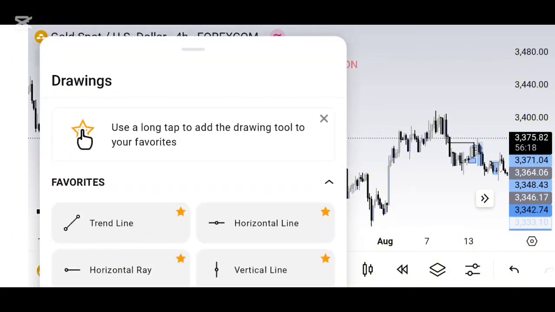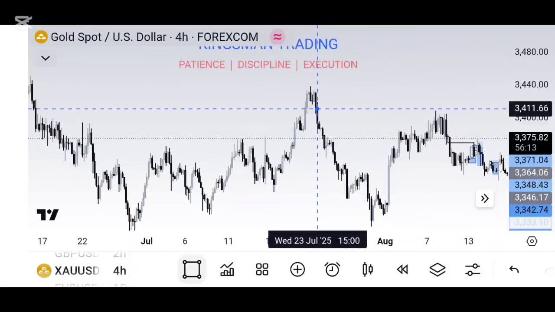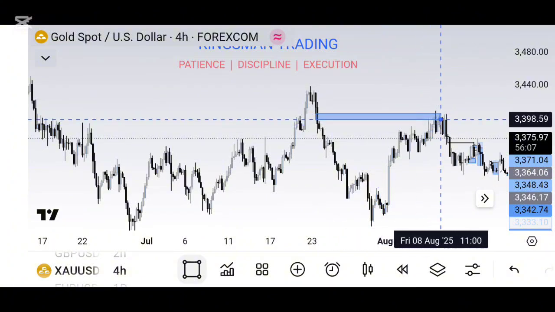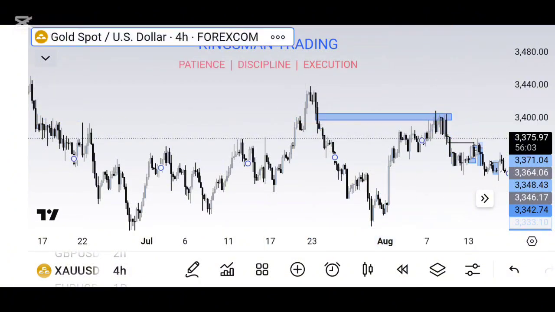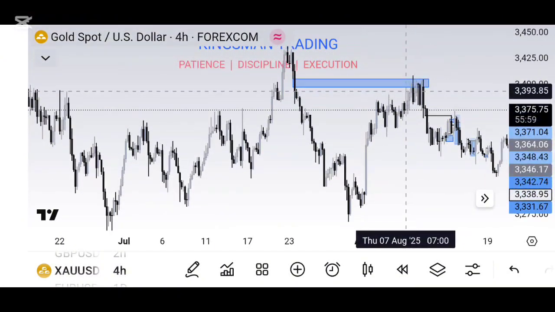So right here now, we have this FVG at the preceding candle in between the 3 candles. You can see the gap, and you see price came into it, tapped into it,